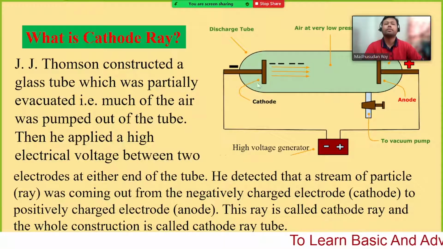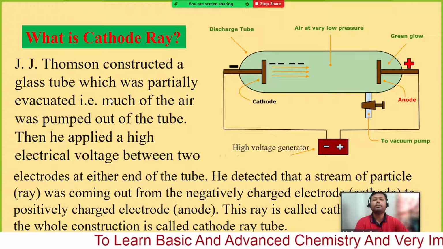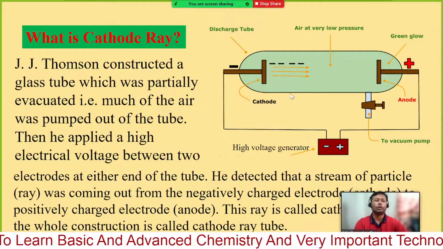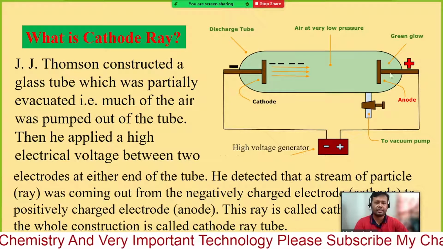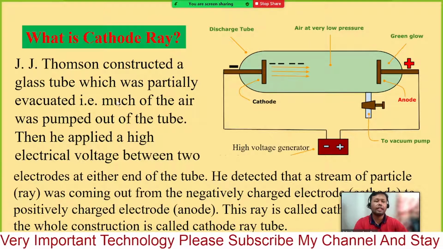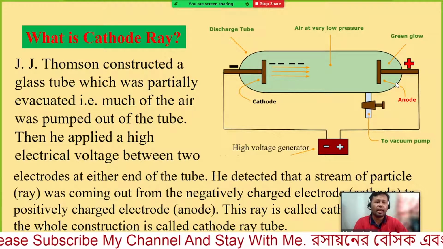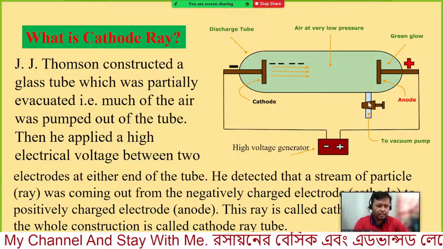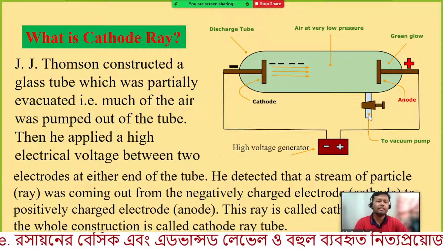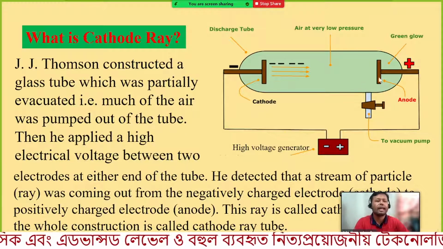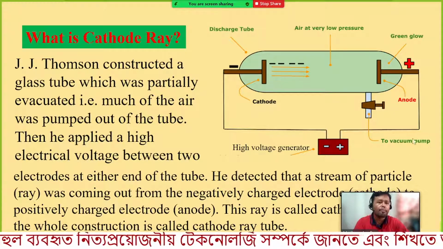Now let's see what the cathode ray is and how we can confirm that electrons are generated in the cathode ray. Here you can see a tube made of glass, exactly similar to what J.J. Thomson used. This is a very large glass tube, and this is a vacuum system. By this line we can take out most of the gases, or most of the air, inside the tube. Here we can have a vacuum pump.